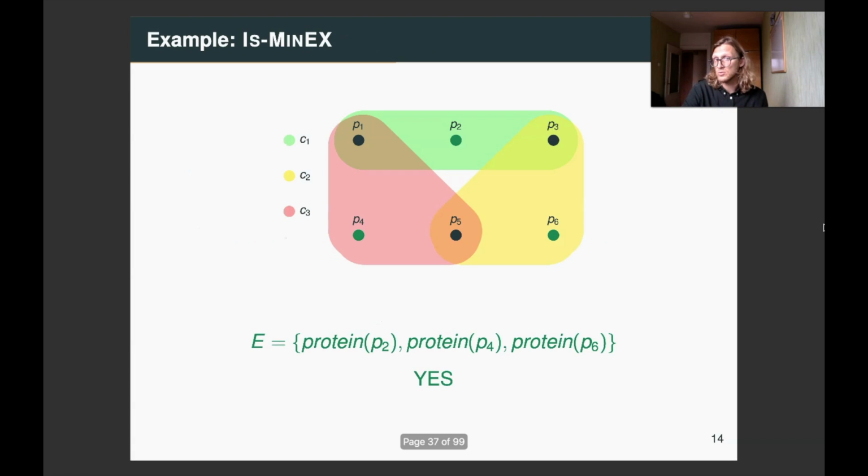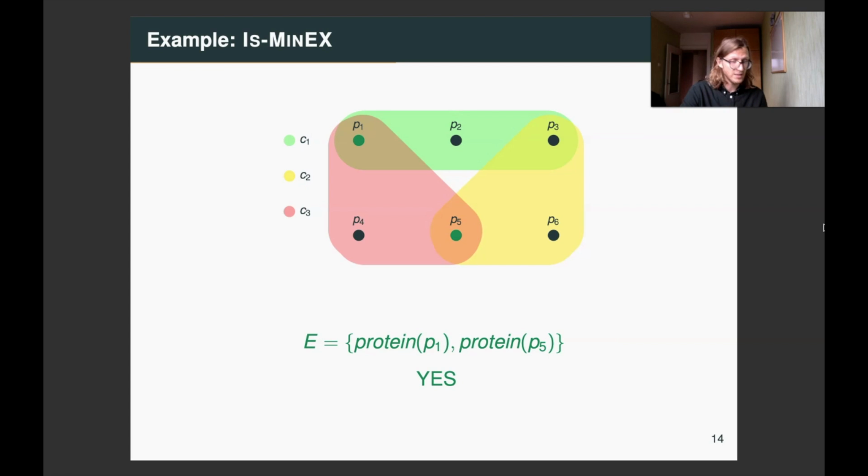Okay? So on our example, for example, P2, P4, P6, as we've seen, is a minimal explanation. That's why we accept it. Or P1, P5, because still they cover,